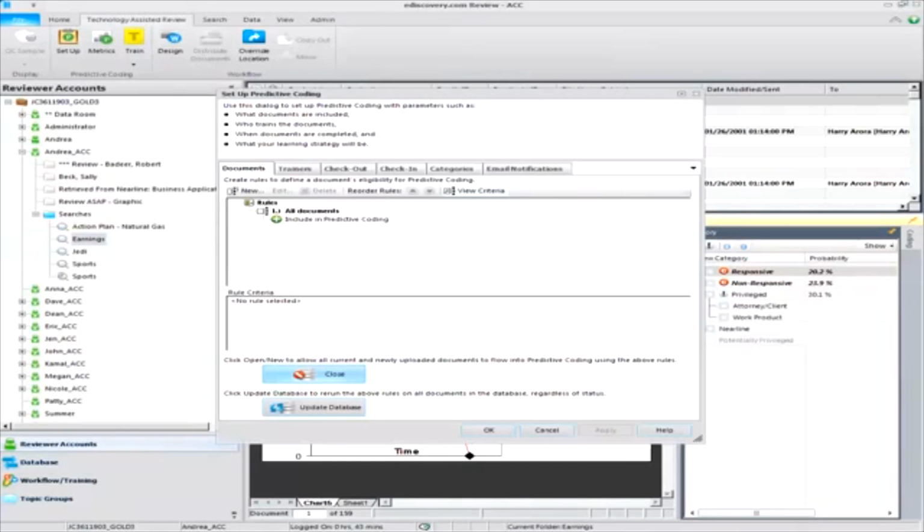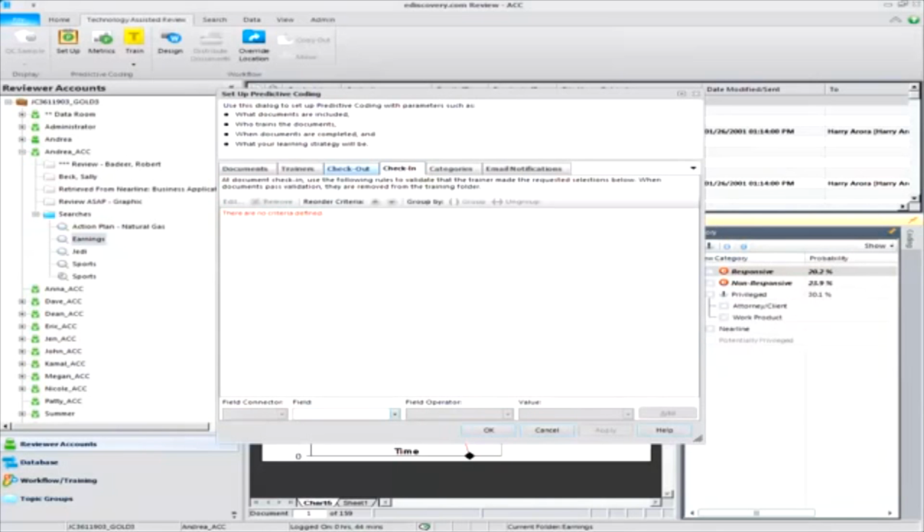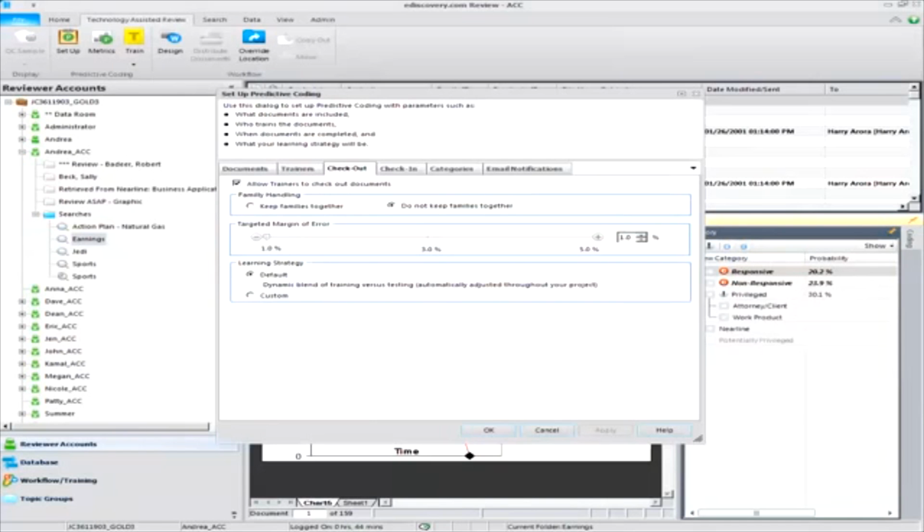There is no one-size-fits-all. And one of the things we've done, in addition to building the most robust and we think powerful predictive coding technology available, is making it flexible enough so it can be appropriate with the uniqueness of any particular practitioner or case. So here you can pick and choose what data goes into predictive coding. You don't have to pick all or nothing. You determine the experience level and the roles and responsibilities of your trainers and reviewers. You determine how families of documents are going to be handled, what margin of error you want to select,